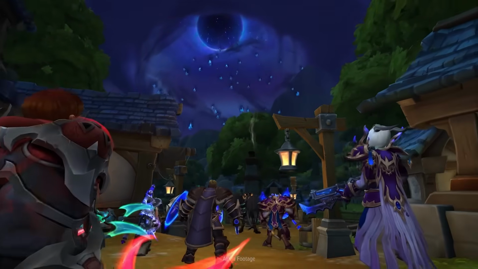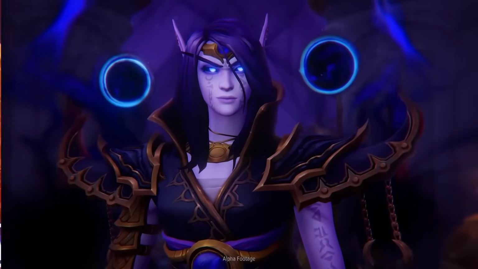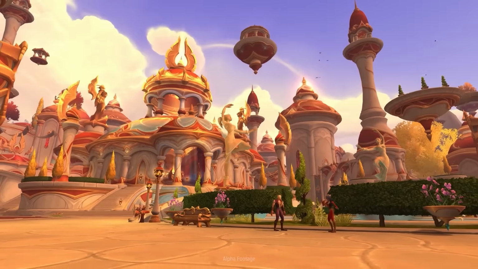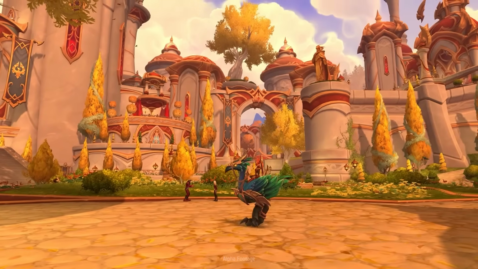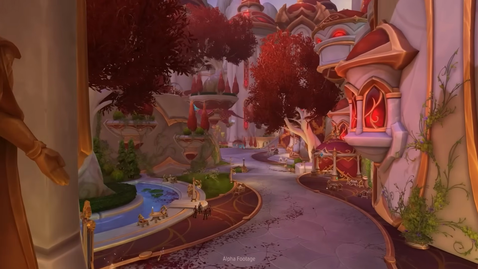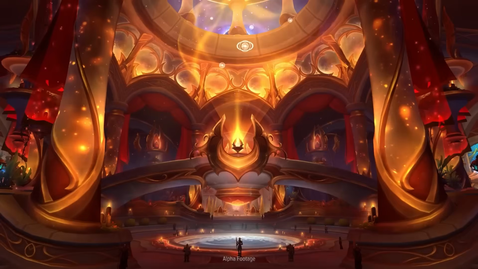Now keep in mind, it's looking like a lot of the add-ons might be used for skinning purposes, making things look nicer, changing the color and all those things, but in terms of proper functionality, that's all on Blizzard. So this is my Restoration Shaman on Alpha. It is one of the easier healers right now.